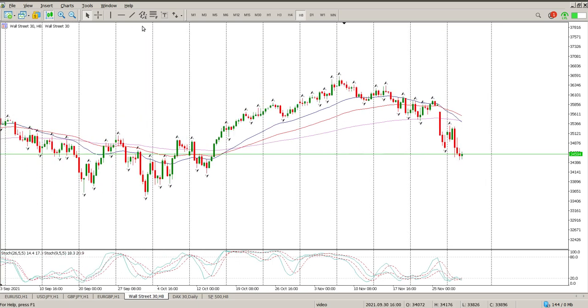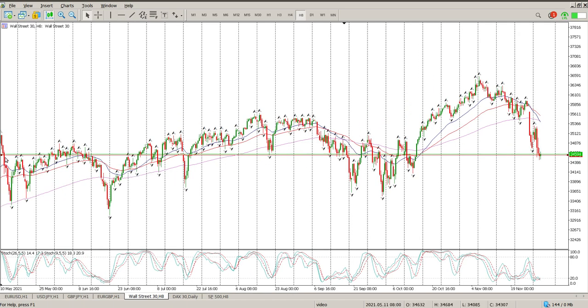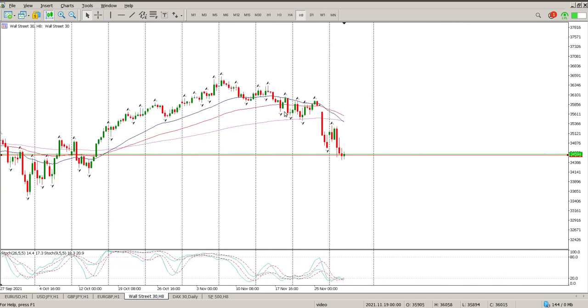There is a lot of structure to the left. If I just minimize that, you'll see what I'm talking about. There's a lot of structure to the left. So I do suspect if we just put a level right here, where I just want to put it below price, you'll see what I mean. If I look to the left, look at all the interaction with this level. So let's just get back to Zoom. And that pretty much is